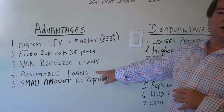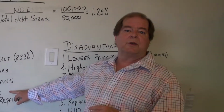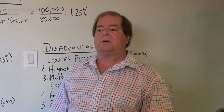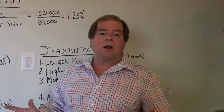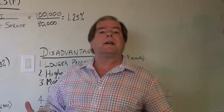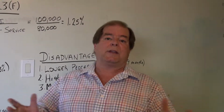Okay, assumable loans. Most loans are not assumable when it comes to multi-units, but in this case, the government allows you to assume the loan. However, it used to be if you could breathe and fog a mirror, you could get the loan, but nowadays it's not quite that easy. You have to fill out paperwork, send it into the lender, they have to approve you, which usually they do,